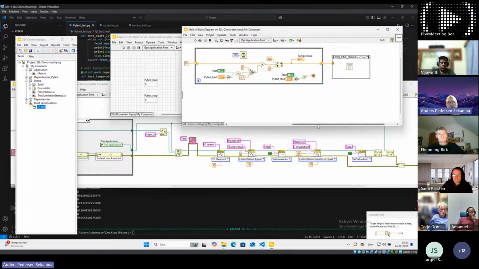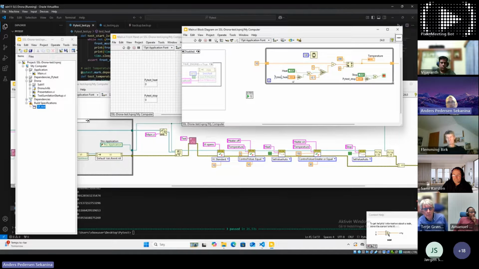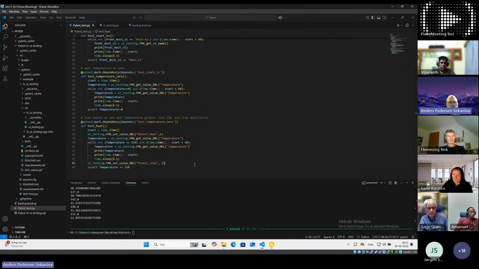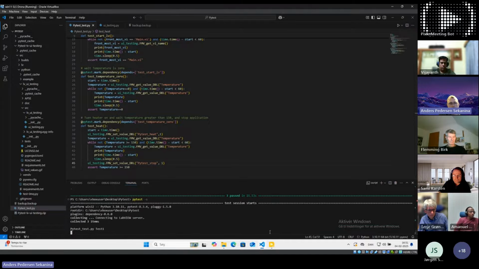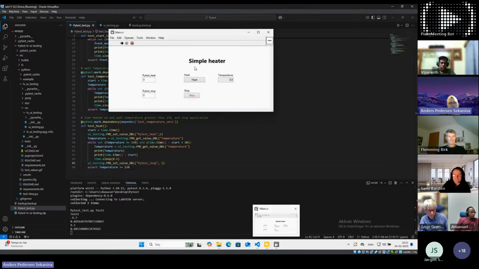We have the daemon here, and we have these new ones here. So, of course, it's a demo, so we will see if it's working. Hopefully, it should now work when I press PyTest, and then I want to have some logging information. It's starting, it's waiting, and then it should start the application. It is starting the application.